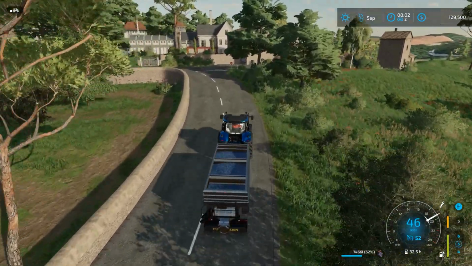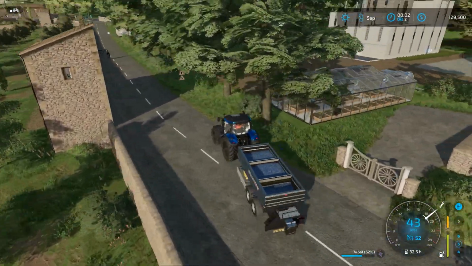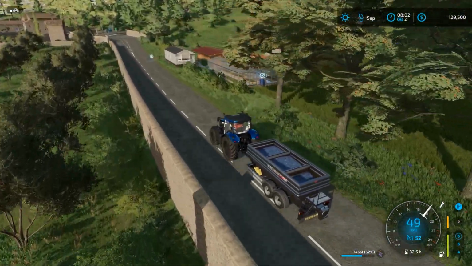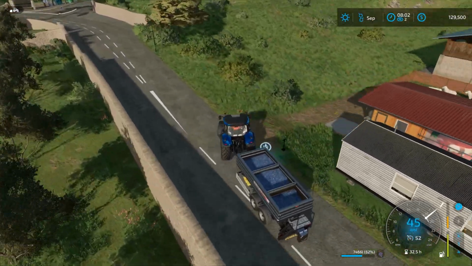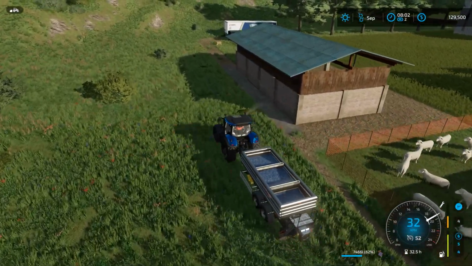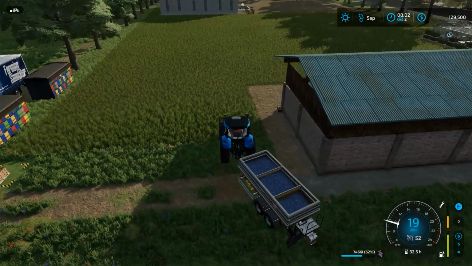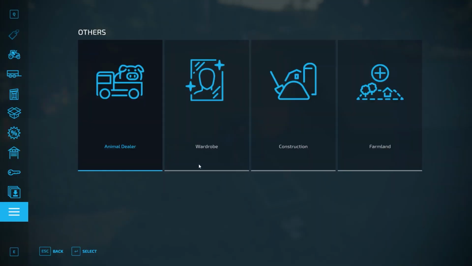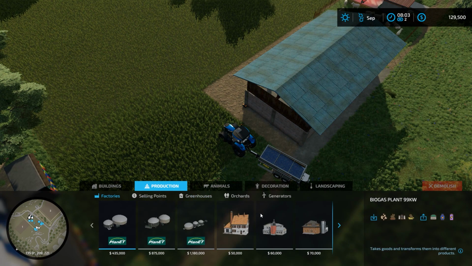But pretty happy with that. I don't know if it's going to break any boundaries with the amount of raisins and stuff we're going to be producing, but we'll just have to see how it goes, take it year by year. And the main thing is that we have a good start on a grape vineyard, and we also are going to have the building for it, so it's just going to be a case of extending it as and when we need to. So we'll just park up here quickly, jump into construction, and we're going to go productions, factories,